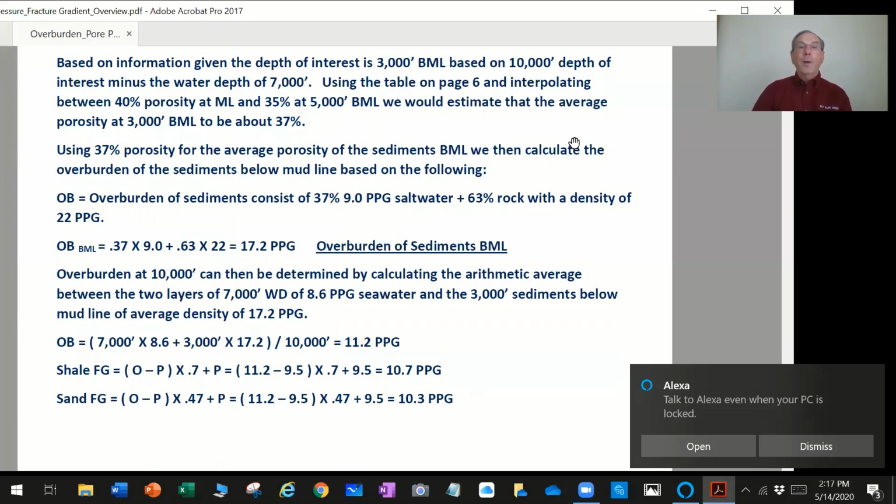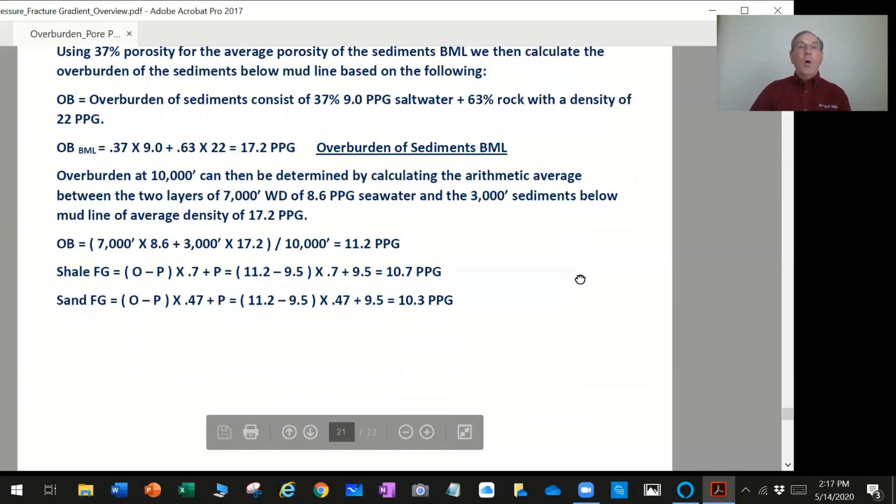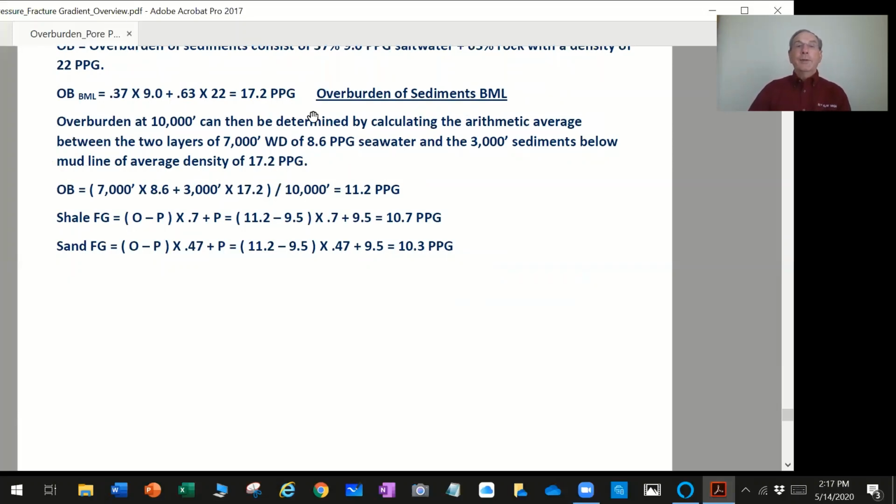line. So the overburden of the sediments below mud line is going to be 37% 9 pound per gallon water and 63% rock, which is shown here. So the overburden below mud line is 0.37 times 9 pound per gallon salt water plus 63% rock, which is 22 pounds per gallon, and that gives us an overburden of the sediments of 17.2 pounds per gallon. And so the overburden at 10,000 feet can be determined by, in the second step, taking